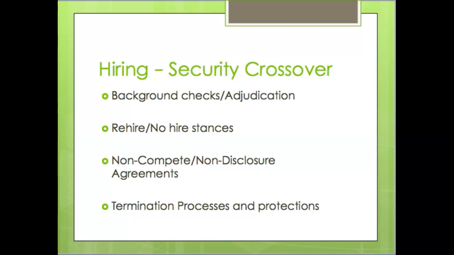And HR normally sets the parameters of 7 years or 3 years. We just want to go back that far. You don't want to go back 30 years. It doesn't do you much good. And those background checks will come back, and sometimes they have things on there that you wouldn't necessarily not have the person work for you, but it is a conviction. And so that adjudication is something that you will work on as a security manager.